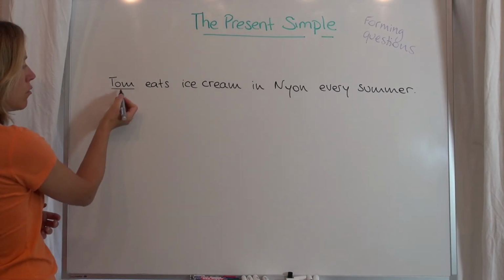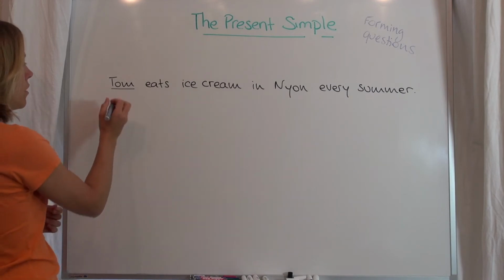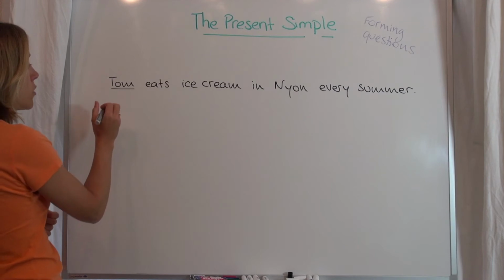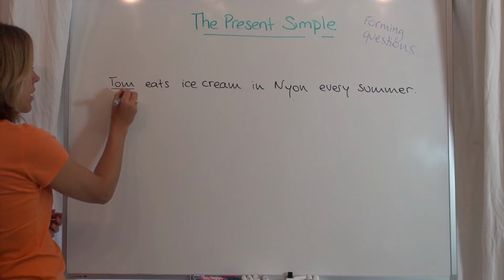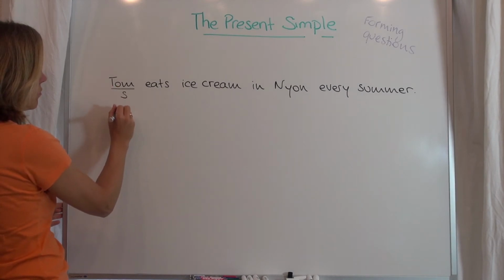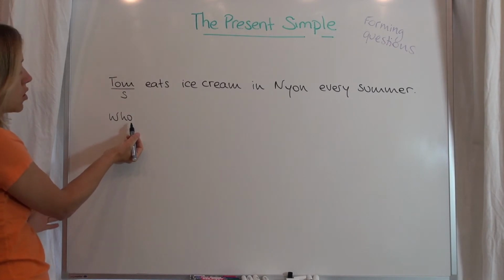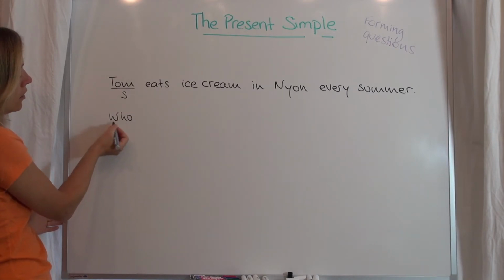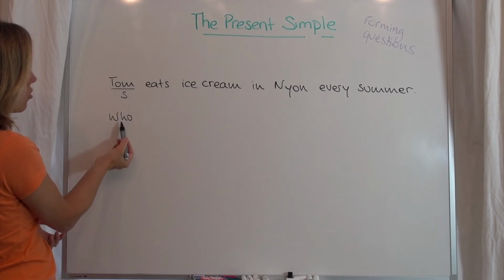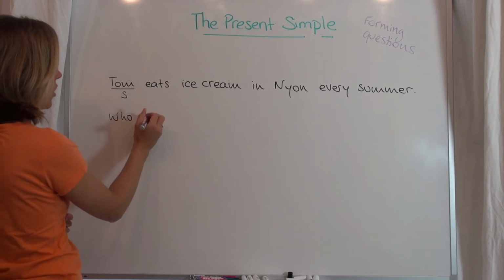So Tom being a man and a person, the WH word corresponding to Tom is who, and Tom is the subject. So who is already in the first place, so we won't have to change anything. As I said, WH words always come in the first position, so as it's already in the first position, nothing changes. Who eats